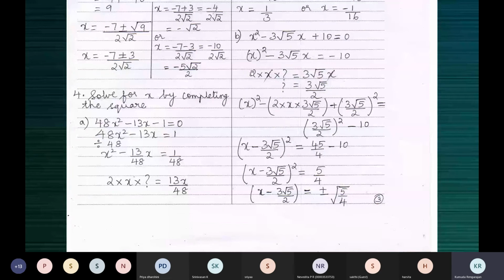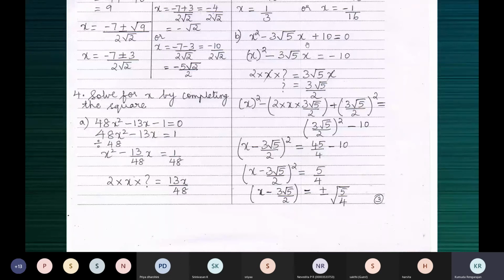It's difficult to say without p and q. So this is like p the whole square minus 2pq. We need that q square term. The coefficient of x square is already 1, so you don't have to divide by anything throughout. So just move the plus 10 to the other side, minus 10.